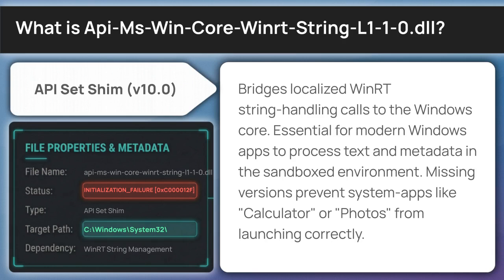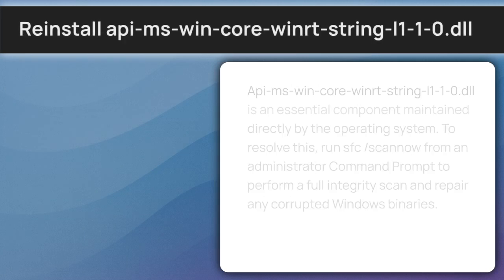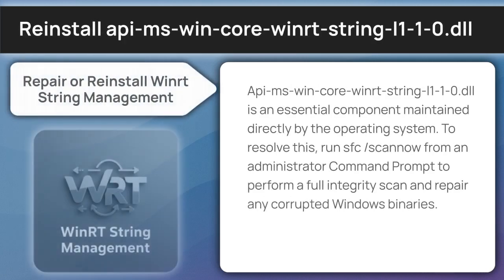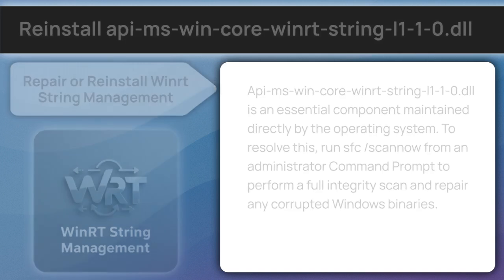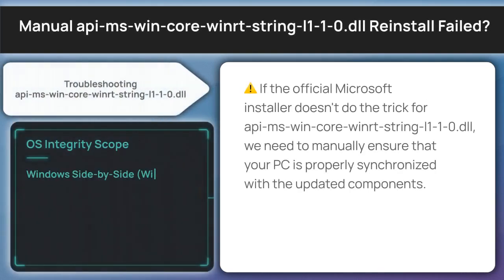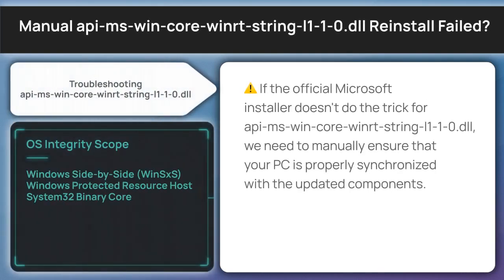Understanding the file's role is a great start. Now let's look at replacing it. api-ms-win-core-winrt-string L110 is an essential component maintained directly by the operating system. To resolve this, run sfc /scannow from an administrator command prompt to perform a full integrity scan and repair any corrupted Windows binaries. Should the reinstallation fall short, the next step in our protocol is to validate the integrity of your